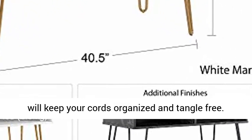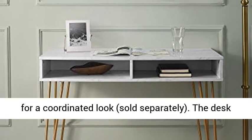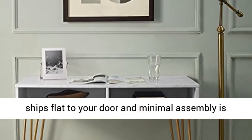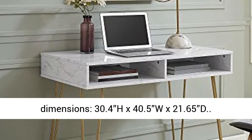Complete your room with other items from Novogratz for a coordinated look, sold separately. The desk ships flat to your door and minimal assembly is required. The desktop can support up to 80 pounds, and each cubby will hold 5 pounds. Assembled dimensions: 30.4 H x 40.5 W x